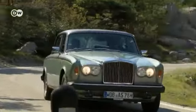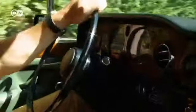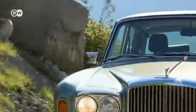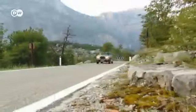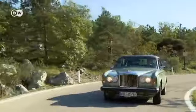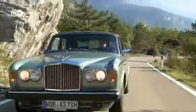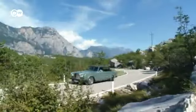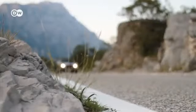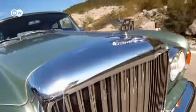Another good thing about the Bentley T2 from today's perspective is its price. A well-preserved model will set you back around 30,000 euros. A bargain for a luxury sedan like this. In 1977, it cost approximately twice as much as a Porsche Turbo. Our car tester says that the Bentley T2 can be described as a huge flop in commercial terms. Only 558 vehicles were sold, compared to 8,500 Silver Shadows. Nevertheless, the Bentley T2 is described as the best luxury limousine of the 1970s, so it's definitely a milestone in motoring history. Definitiv ein Meilenstein der Automobilgeschichte. And the T2 might have been the last Bentley if Volkswagen hadn't stepped in to save the marque in 1998, after its parent company ran into